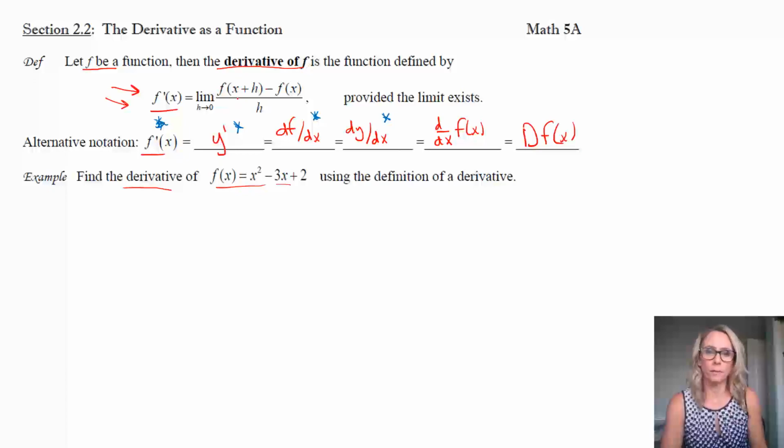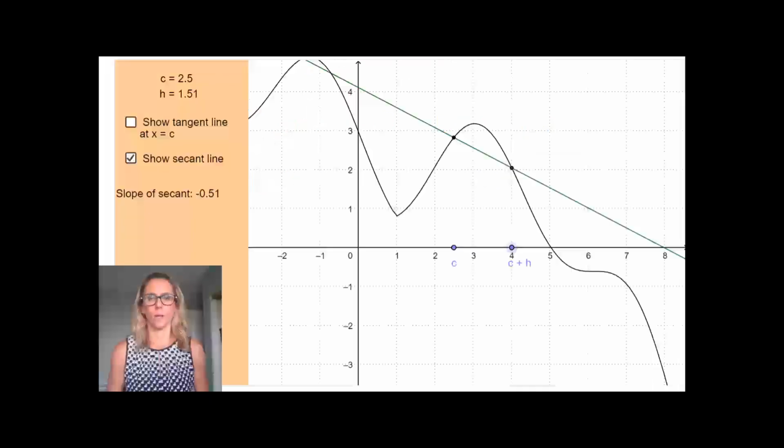So graphically, what this is saying is if we add h, and h is just some little bit of difference between x and x plus h, what happens is h gets very small. And I'll show you a video of that. So I just want to show you graphically this idea of the limit as h goes to 0. I could not find an applet where they were using x. So this applet uses c instead of x, but it is the same thing. So when you see c, just picture x.